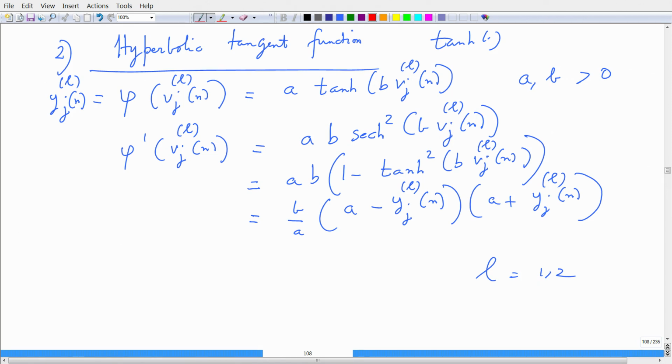You use the identity secant h squared is 1 minus tan h squared, and now it is a squared minus, you have this identity form which is x squared minus y squared is x plus y times x minus y, and expand this out and then pull this a squared out and then you do the simplification, and this is straightforward. I will avoid the steps. So, you can easily do this.